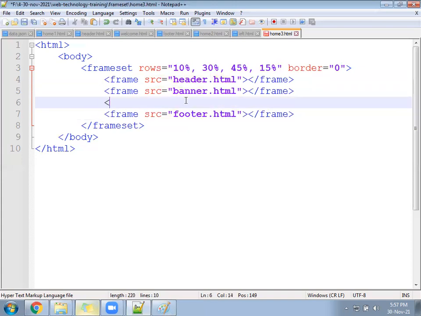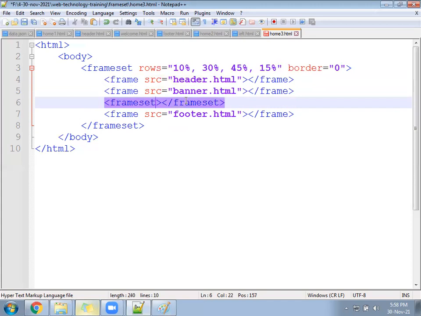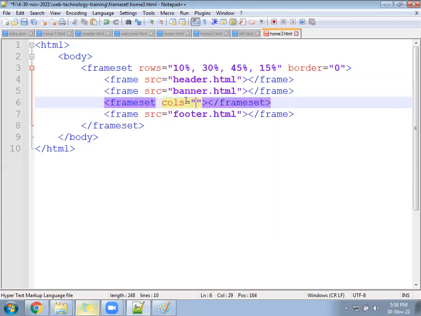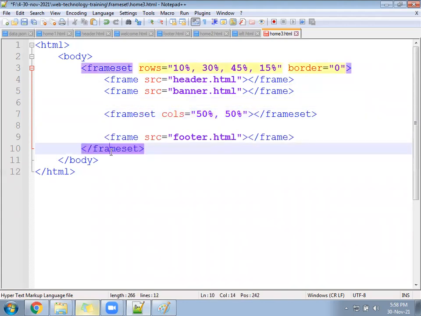In the middle part, again a frameset, and this frameset will have columns. 50-50 you can give, 50%, comma, again 50%. Header, banner, footer, then 50% and 50%.